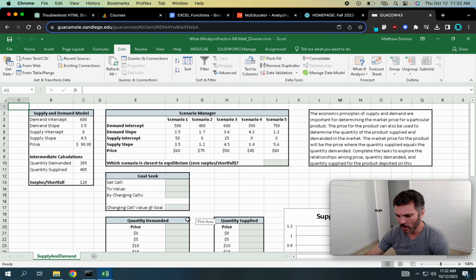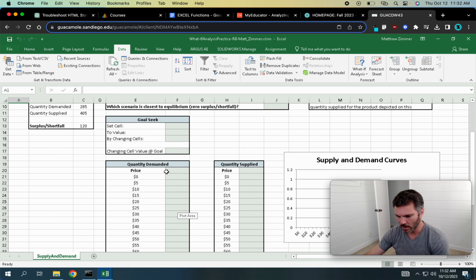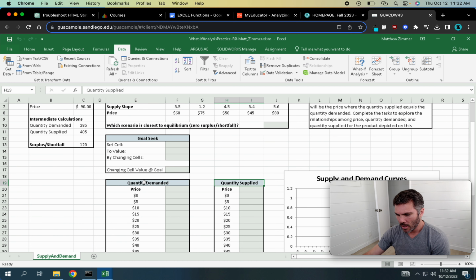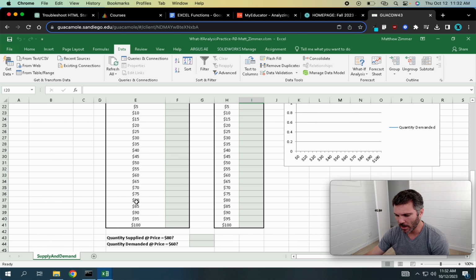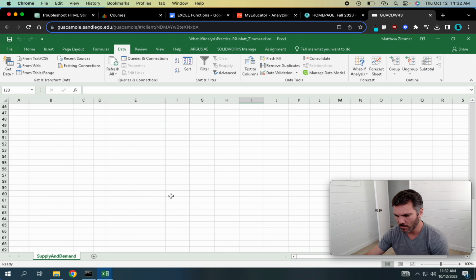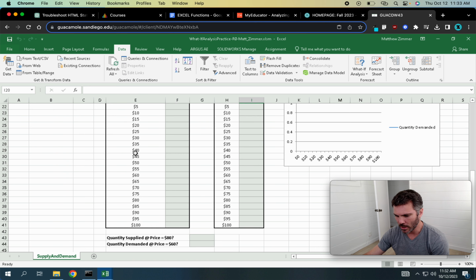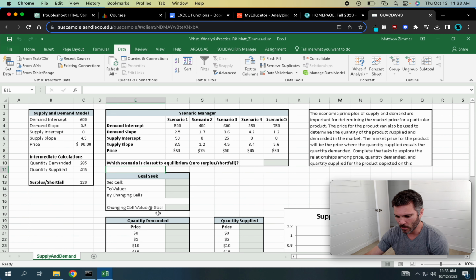So if you see, I'm in the what-if analysis practice, and there's a table here for quantity demanded and quantity supplied, and basically I've got a bunch of prices and I want to determine the quantity demanded and the quantity supplied. So you can see that all my data is in a single column. All my inputs here are the prices that I'm going to be changing, and I want to determine the corresponding